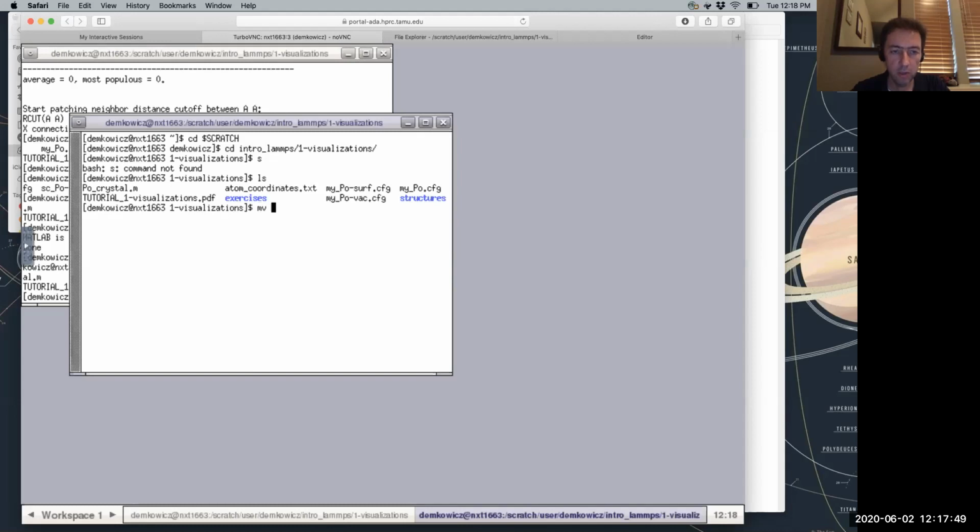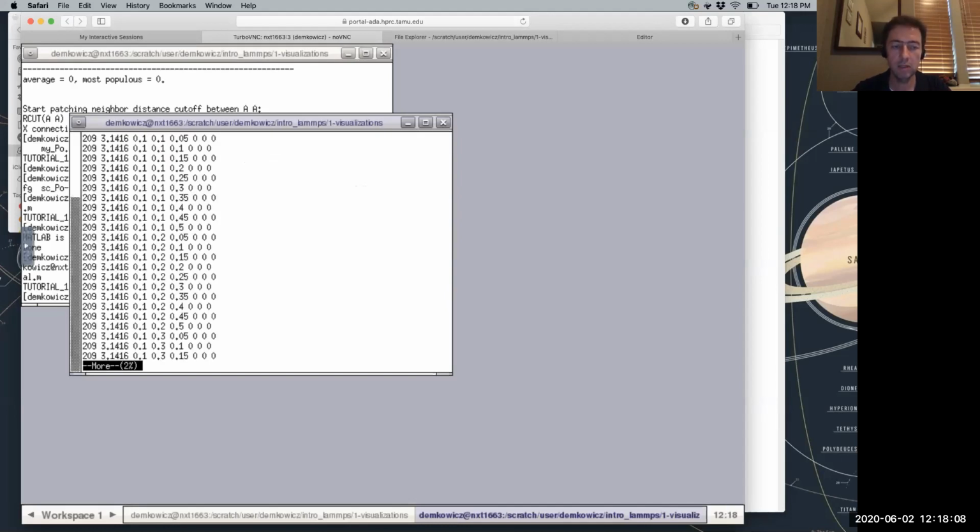And now I'm just going to rename atom coordinates to mypo-surf.cfg. Right, so I'm going to take those coordinates that I just wrote out from Matlab, and move that to this surface file. By the way, if I look at what that looks like, it doesn't have the header yet, right? It's just got the atom positions.